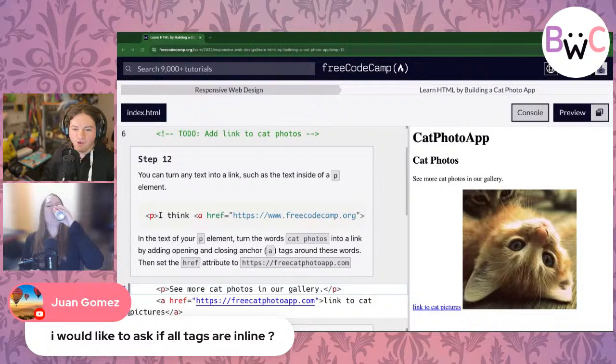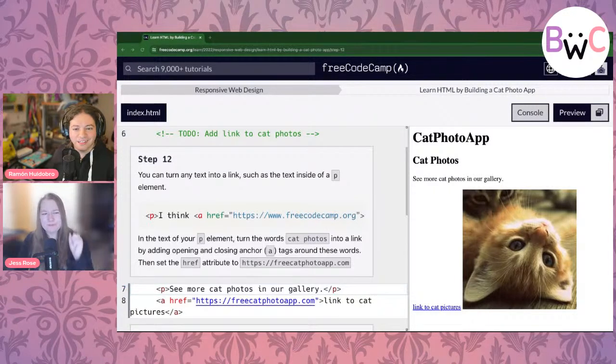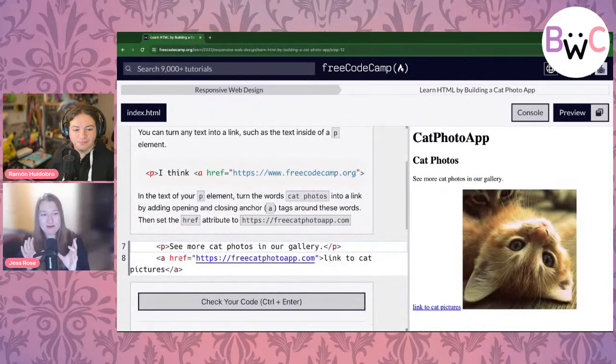I would like to ask if all tags are inline. We're going to learn about inline and block later, but just a preview: the individual tags wouldn't really be block or inline. The elements that make them up, some of them are block and some of them are inline. Juan, can you keep asking us about what's block and what's inline as we see them?